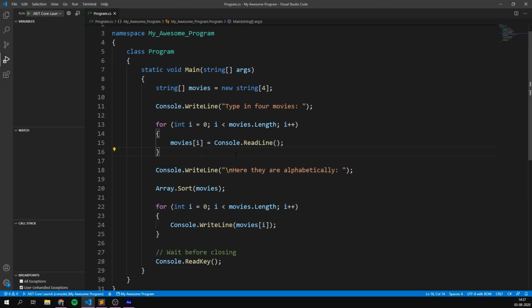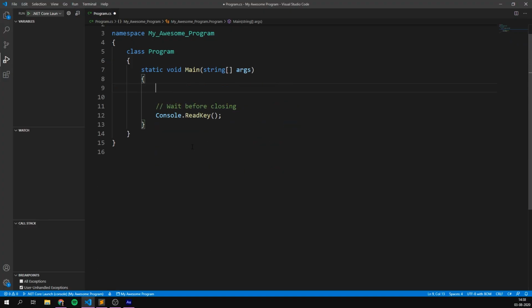Of course, one of the disadvantages of using arrays is that they have a fixed size. This means that once we've created an array and given it a length, in this case we've given it a length of 4, we cannot change it. So if we don't know beforehand how many items we want to store, we instead use a list. When working with lists, we don't need to specify a length, they are totally resizable. A good example of where this is useful is if we're creating a shopping list. Here we could use a list to keep track of all the items we need to purchase.